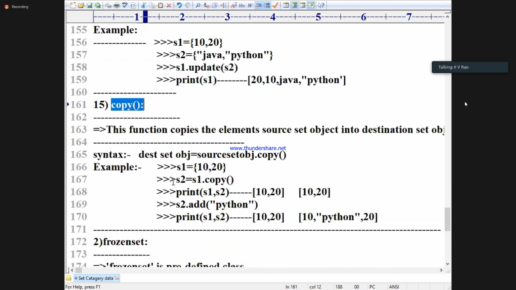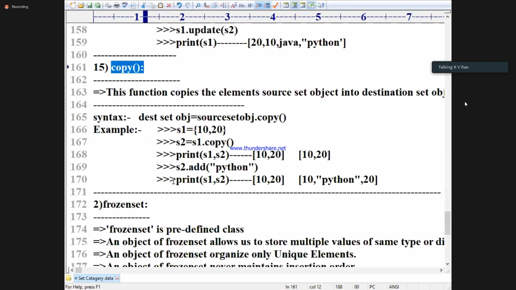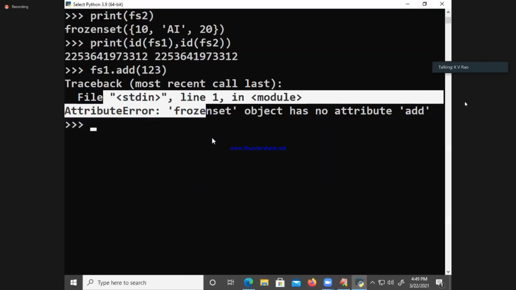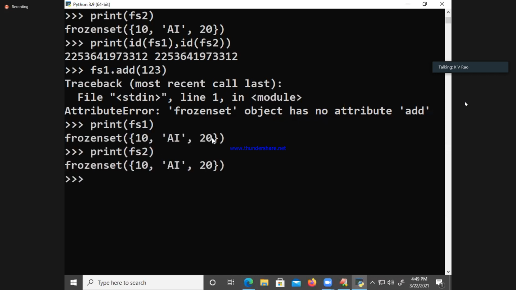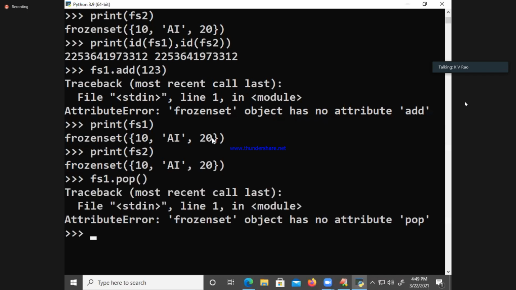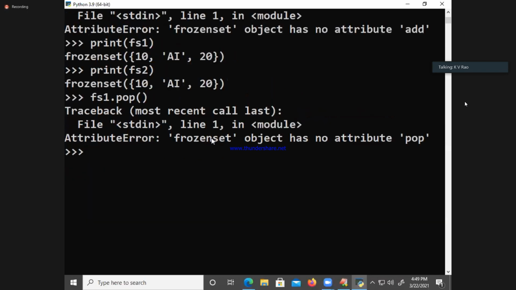We can take a copy. But what kind of copy is it? Shallow copy. Once you have printed FS1, FS2, and the last and final, pop: there or not there? Not there. You apply whatever you like. Next, FS3 is equal to FS1 dot